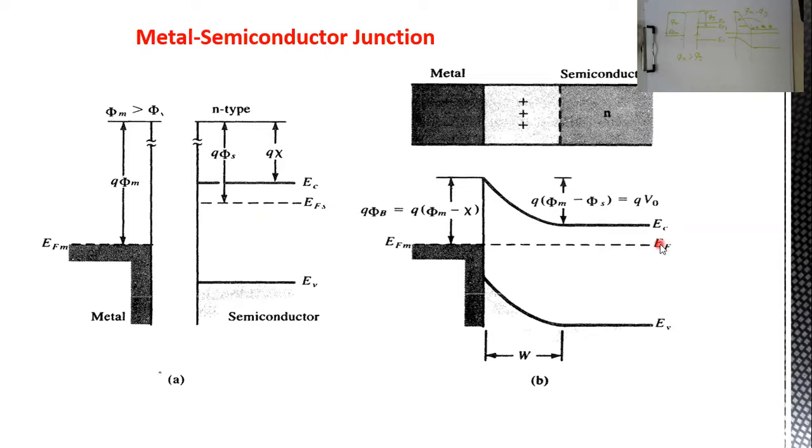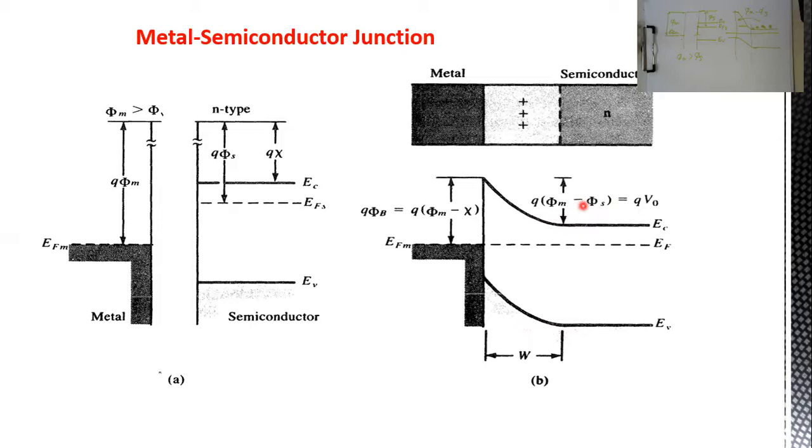And then we have this barrier, and this barrier will prevent the majority carriers, which are electrons in the semiconductor material, from moving to the metal. So we don't have a motion due to majority carriers. Our motion will be limited to the minority carriers, which are holes, of course. So this is the case, as you can see in this semiconductor